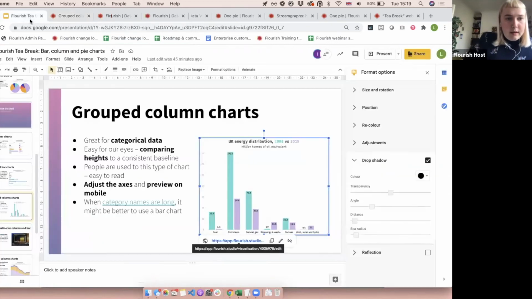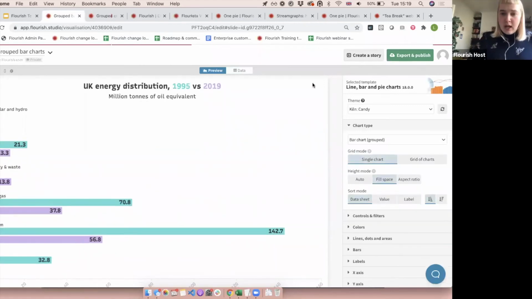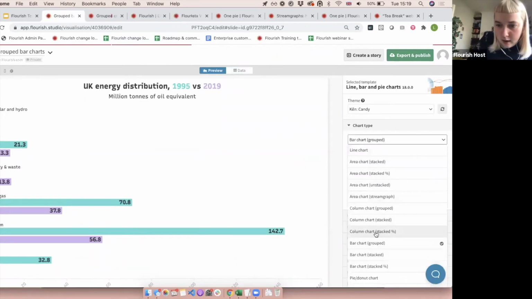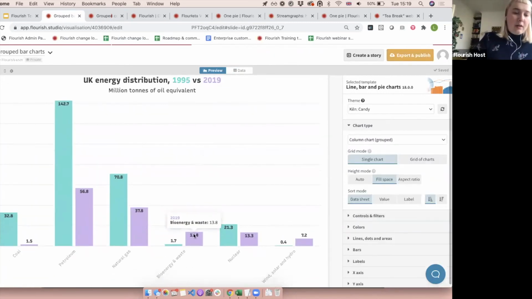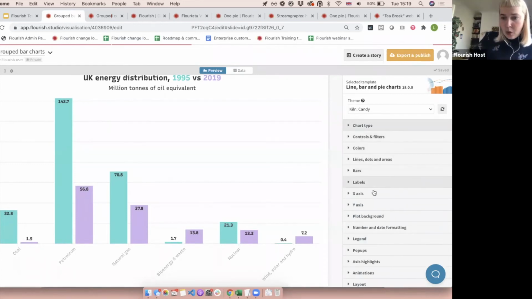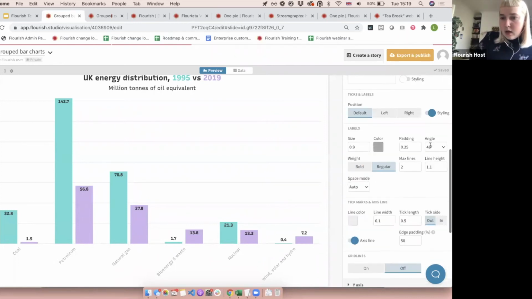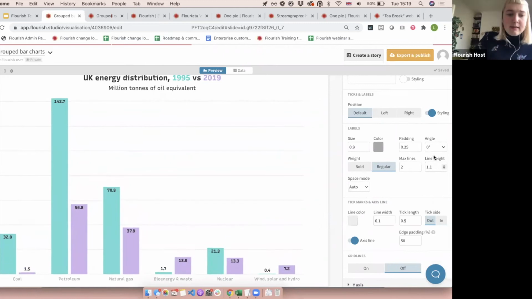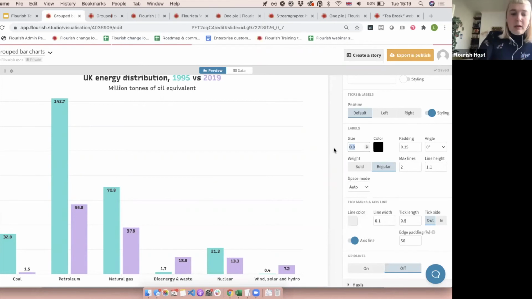Now, I do want to quickly show you the settings that you might want to change when doing that change. So if I select column chart here, then you already see our labels have now been moved into the x-axis, and you might want to make some changes to the way that they display. To do that, I would go into the x-axis settings, into the tick and label settings, and then you can change maybe the angle of the text. That might look a bit better. I would change the color probably, make it a bit more legible, and maybe make them a bit bigger as well so that it's clear what these different